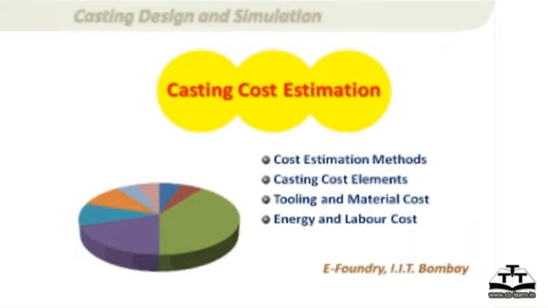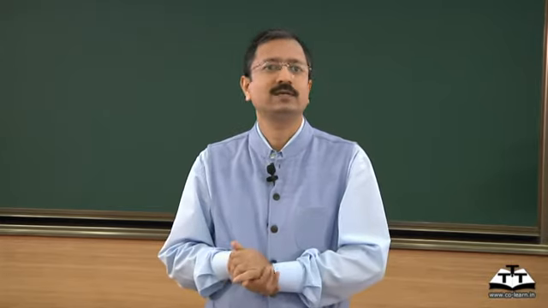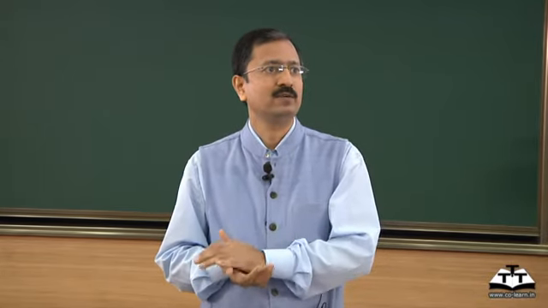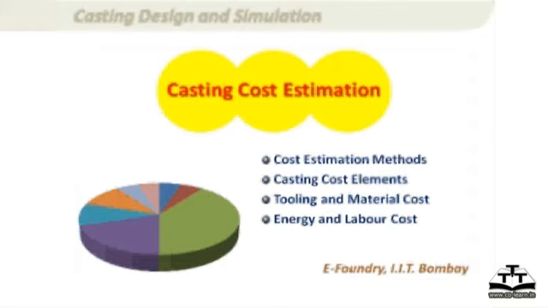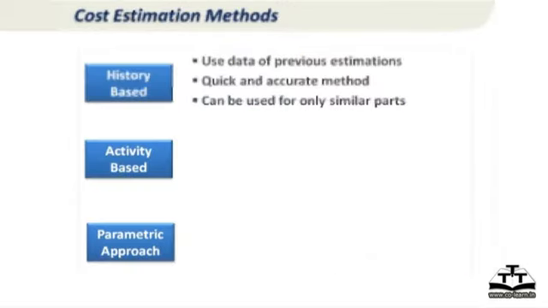So first lesson here we will talk about how do you estimate the cost, and the lesson after that we will talk about how do you reduce the cost. Where are the cost reduction opportunities really in a foundry, by manufacturing and later on by design. So within estimation we will look at the tool cost estimation, where we will spend a little more time, and later on we will look at material cost estimation, energy cost estimation, labor and overheads, which we will do a little more in passing. So to start with, if you look at cost estimation techniques, there are several techniques which are